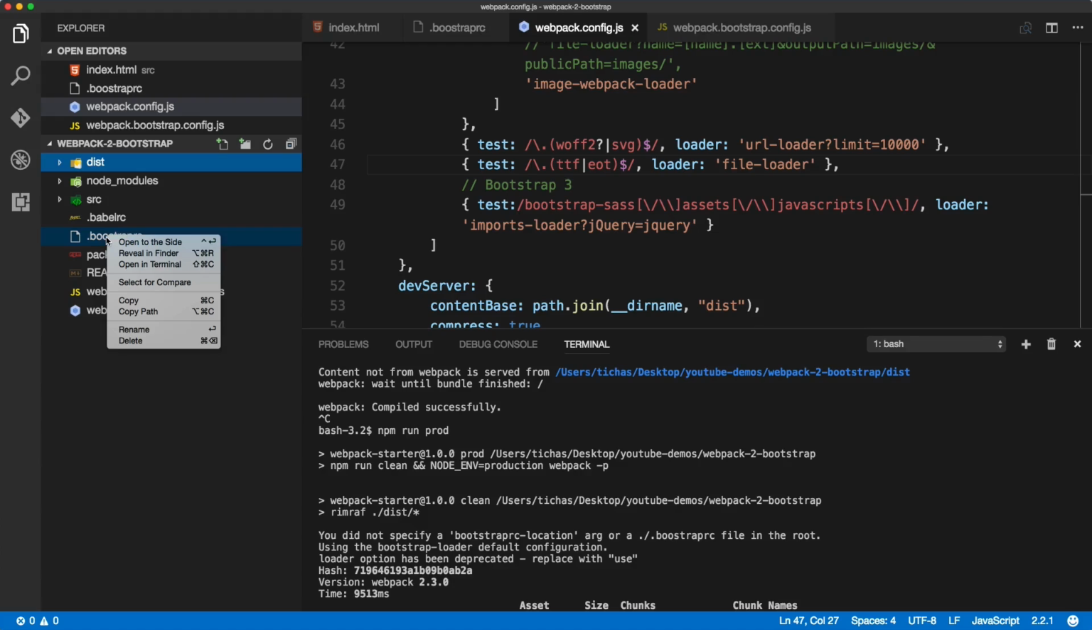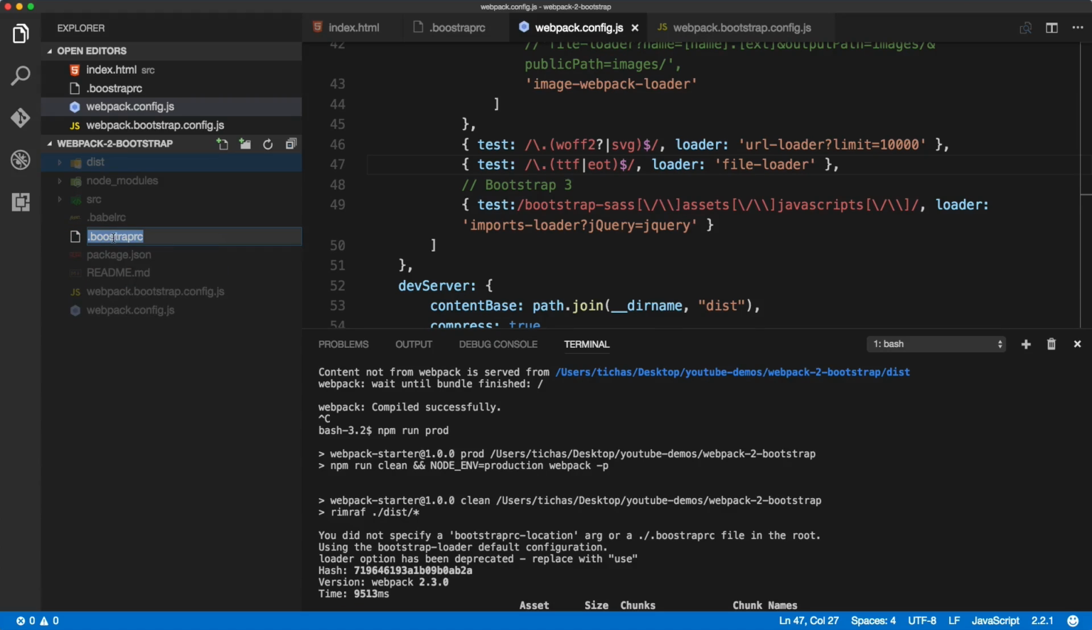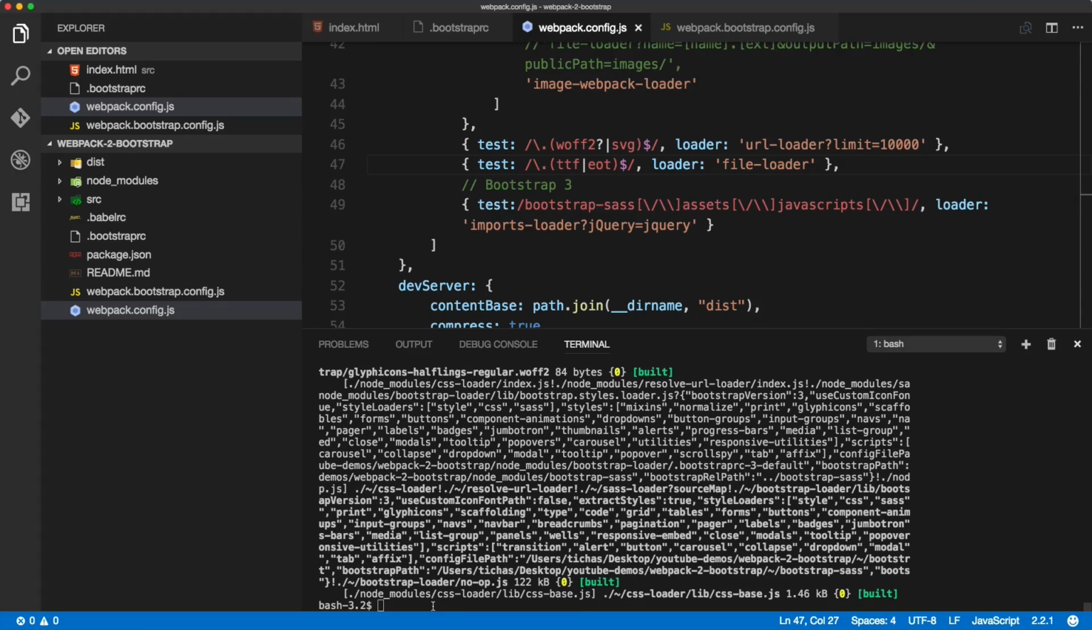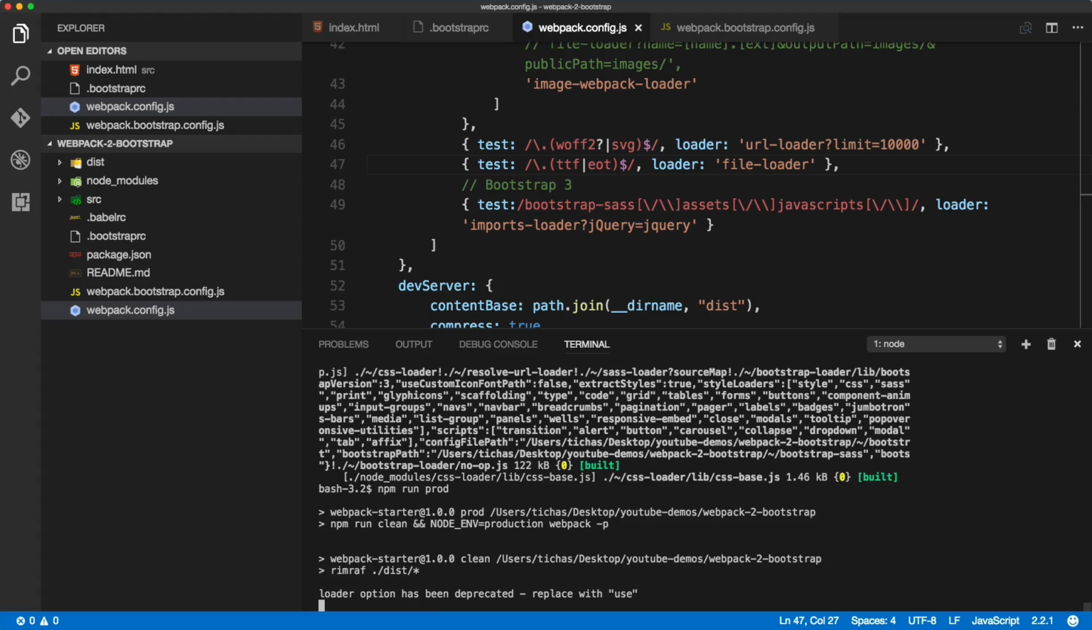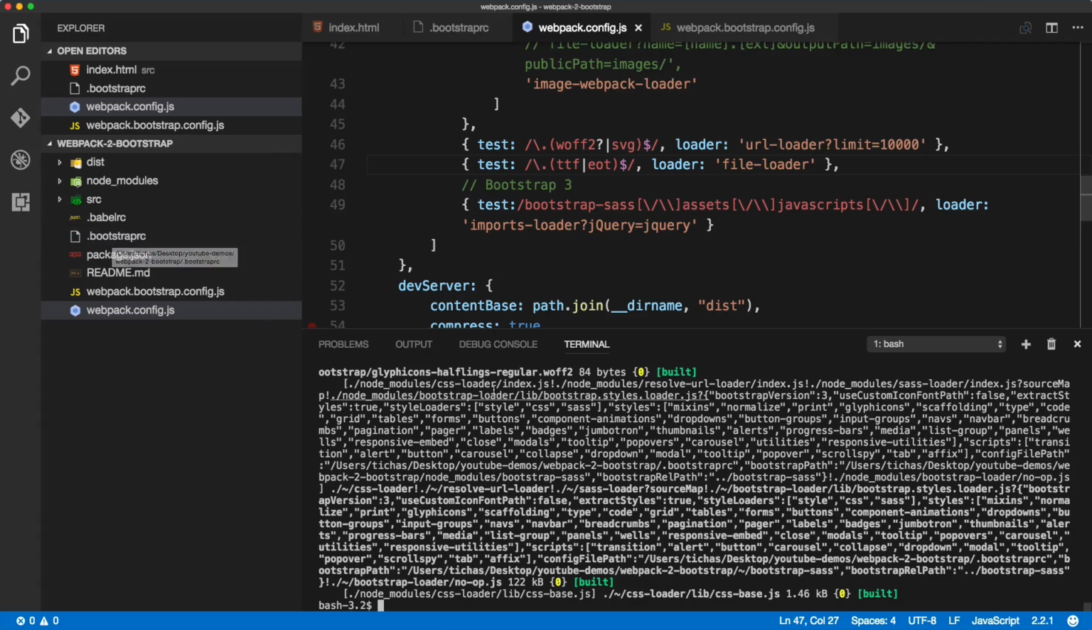This file should be called bootstrap.rc. So let's save the file and run the production mode again. Hopefully this time we don't see that. Okay, we don't see that warning message again, and we are using our bootstrap.rc file or .bootstrap.rc file with the